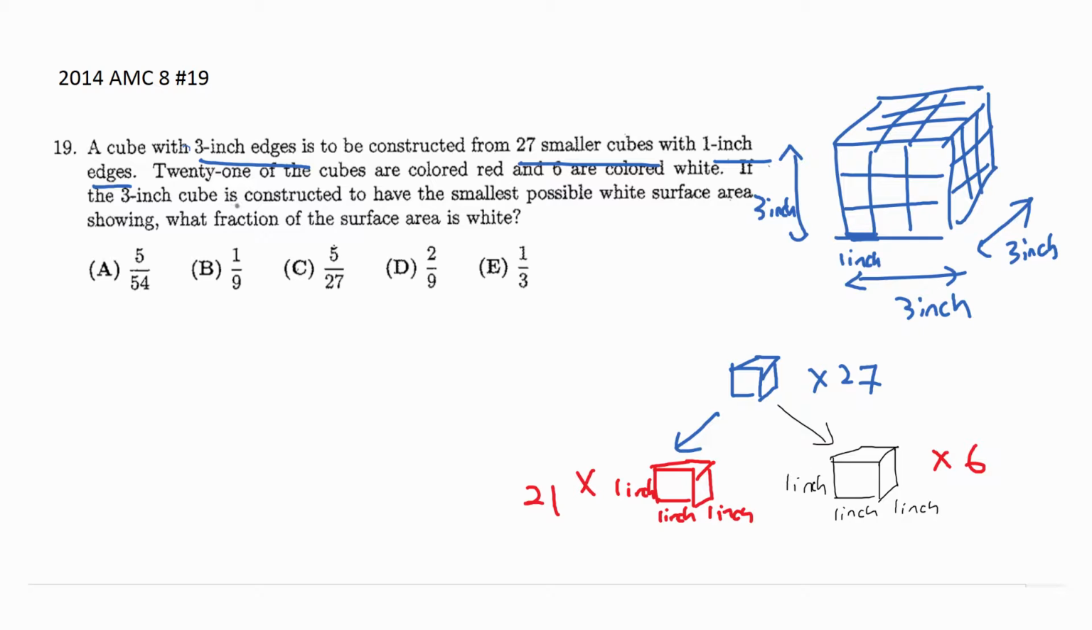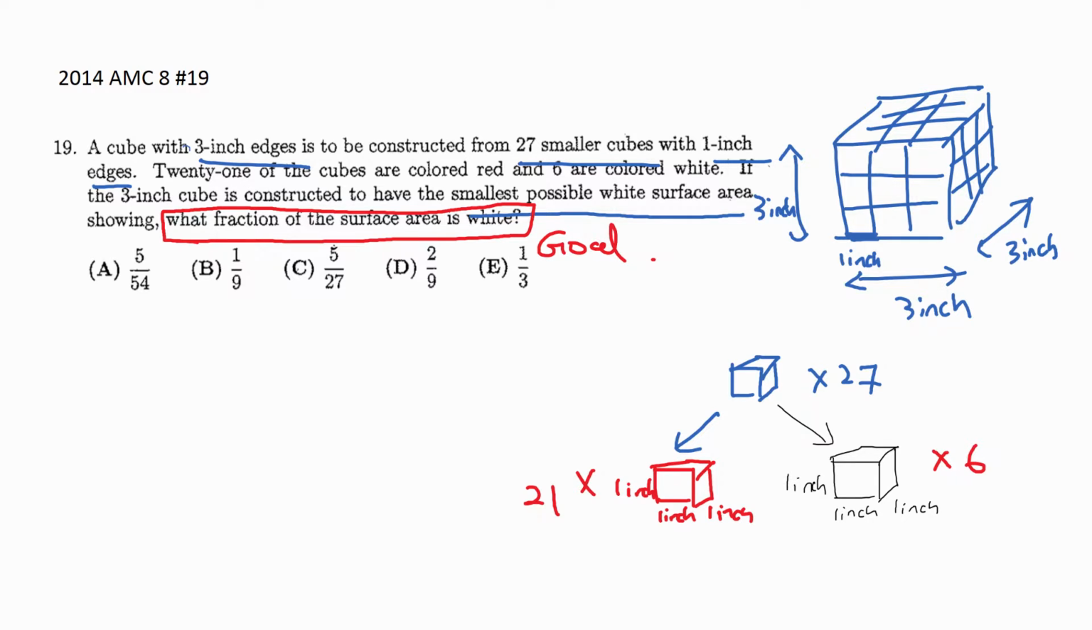If the 3-inch cube is constructed to have the smallest possible white area, what fraction of the surface area is white? So this is the key information, which is our goal. So we can set it up like this. Surface area of white in the big cube here, as you can see on the upper right corner, and then divided by the total surface area